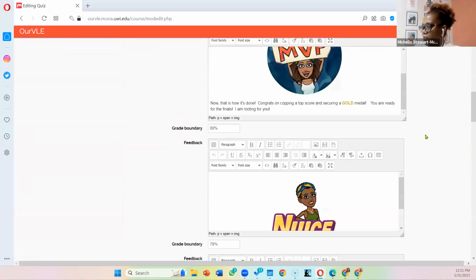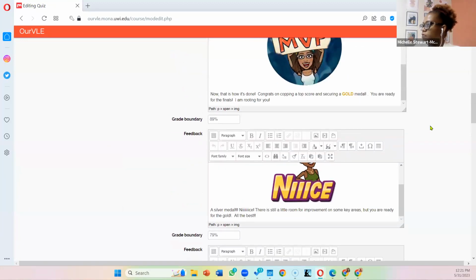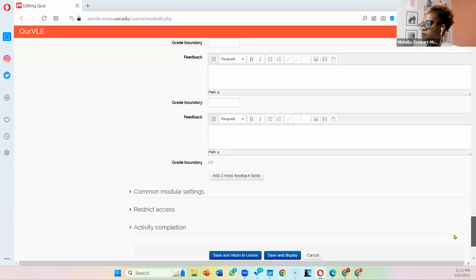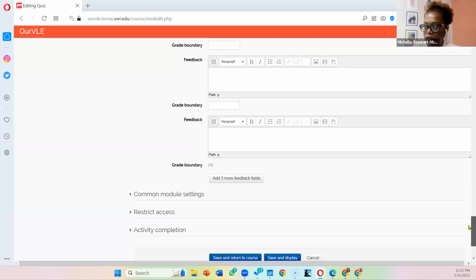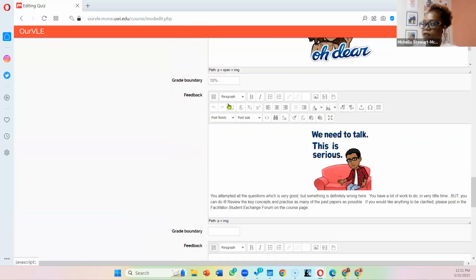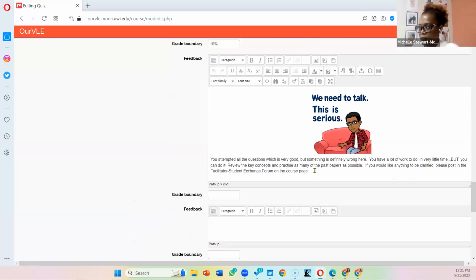So we put the comments in for the different sections, and for our grade boundaries, we had 0. So we always start at 0 and we always end at 100. And so we started ours at 10%. So if a student gets between 0 and 10%, we have a statement that says something like this: